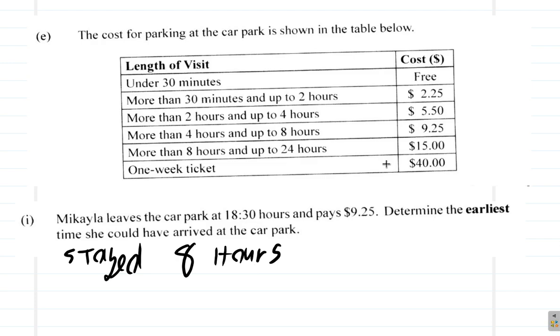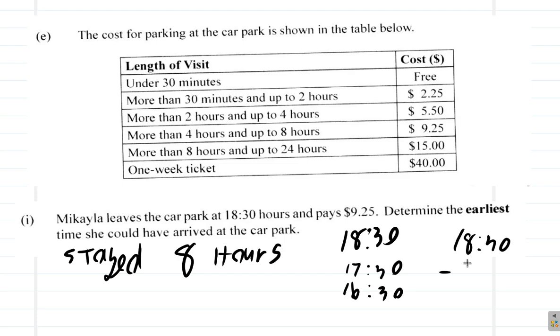So, for 8 hours, this would have been 18:30 hours. So, 1 hour would make it 17:30. 2 hours stay would make it 16:30, and so on before. Alright, so if you subtract 18:30 hours minus 10 hours, you say 0 minus 0 is 0, 3 minus 0 is 3, 8 minus 0